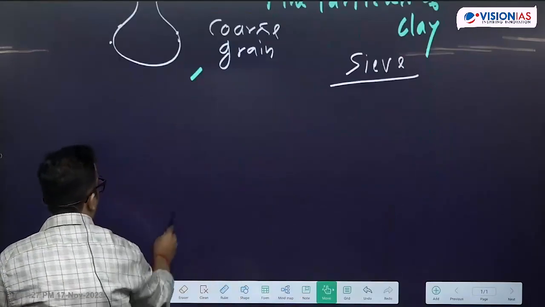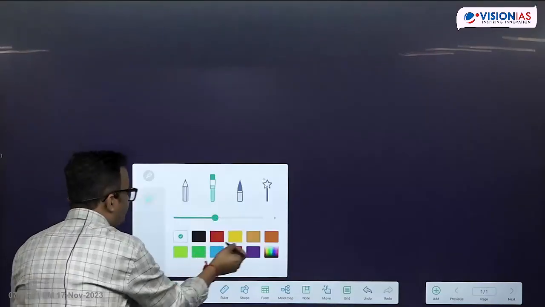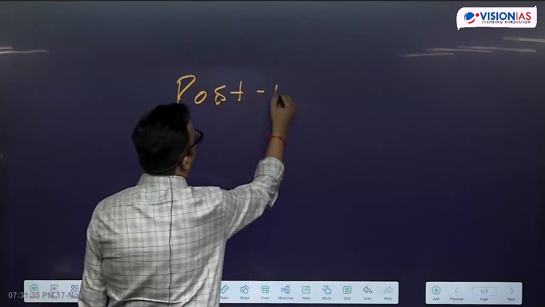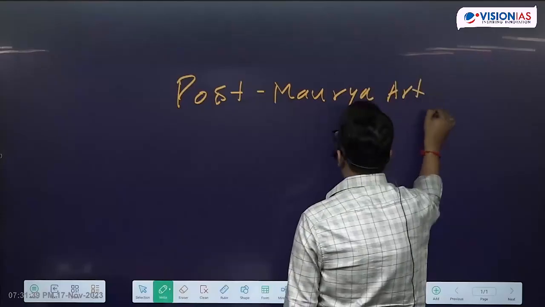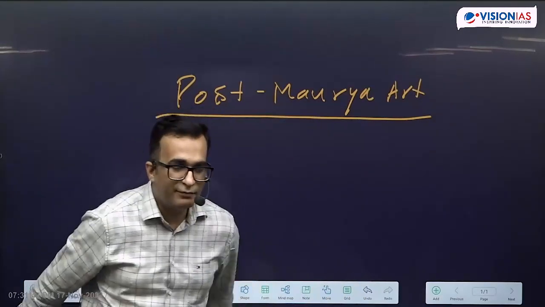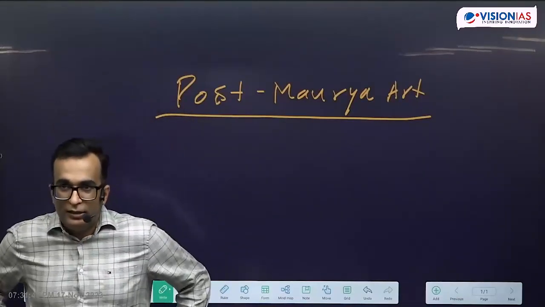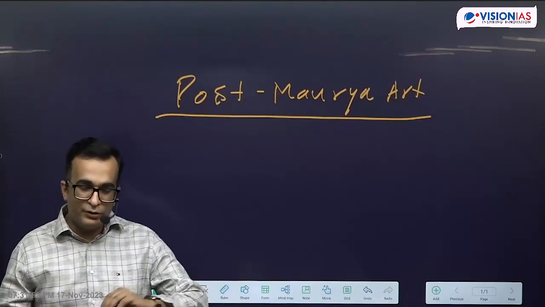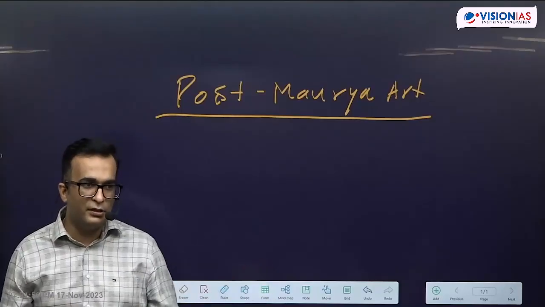post-Maurya art. So mention post-Maurya art. And I hope you know which period we call post-Maurya. Basically, it starts from the regime of the Sungas. Brihadratha, the last Maurya emperor, was killed by Pushyamitra Sunga in 185 BCE, and then after that the Sunga dynasty, and